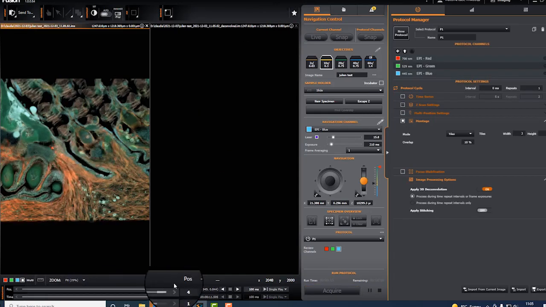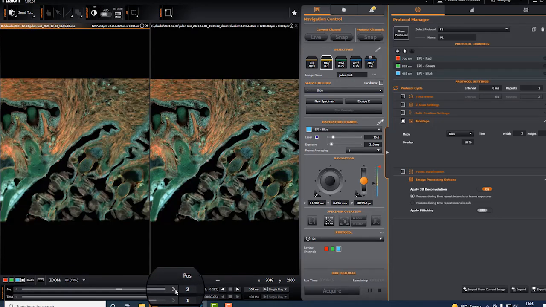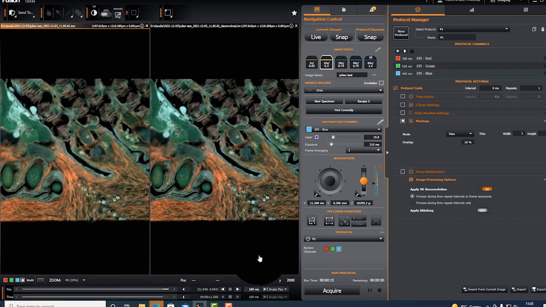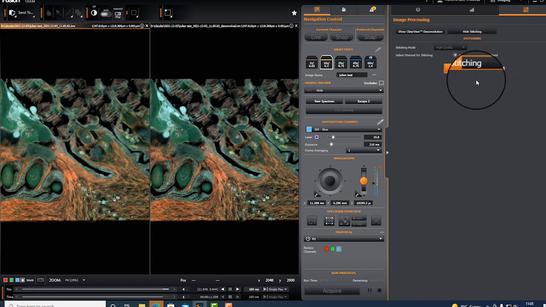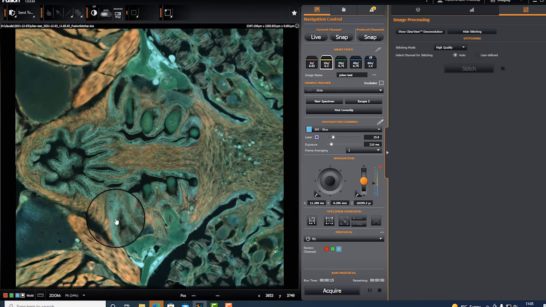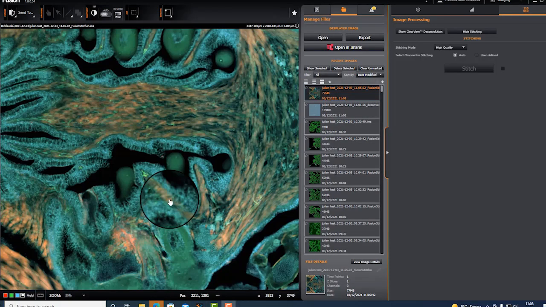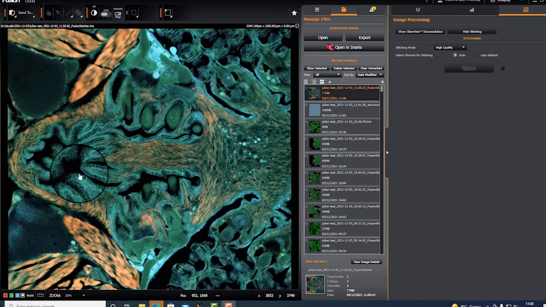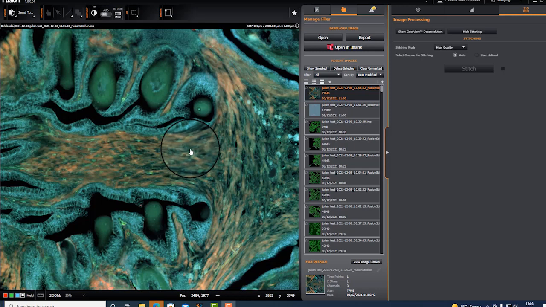Let me go to the first image. Oh, the first is already deconvolved, the second is deconvolved, the third is deconvolved, and the fourth is deconvolved. So everything, this was so fast. And I can apply stitch to the image. I could have applied it in the protocol, but you can see that you don't see any stitching lines. So we have a seamless stitching of this structure,